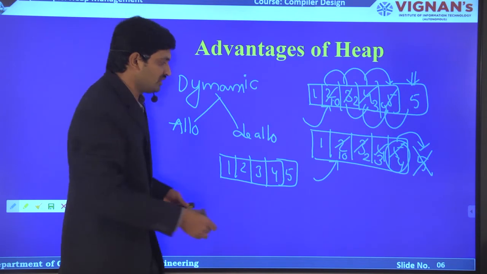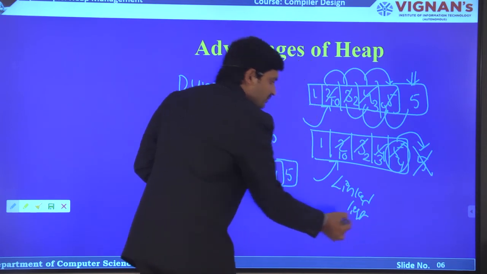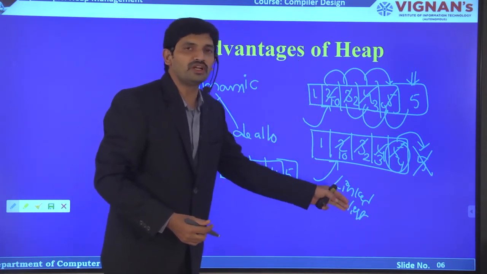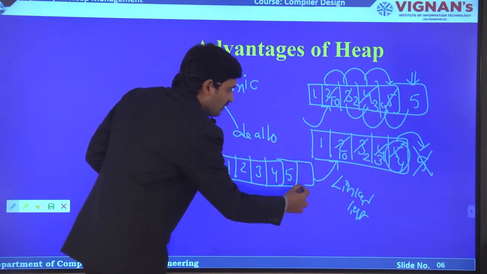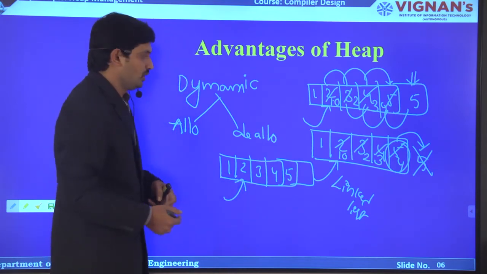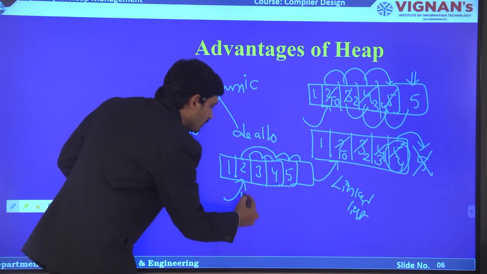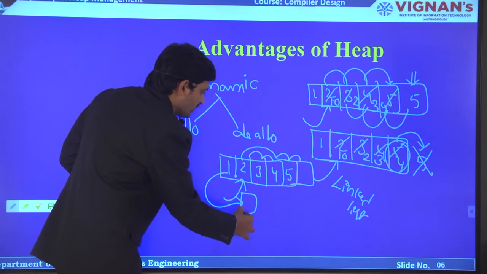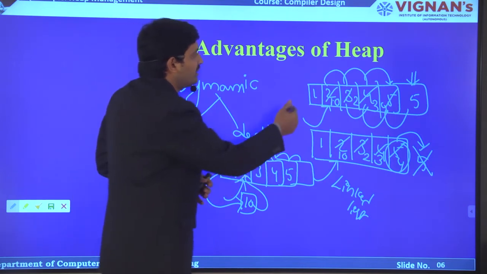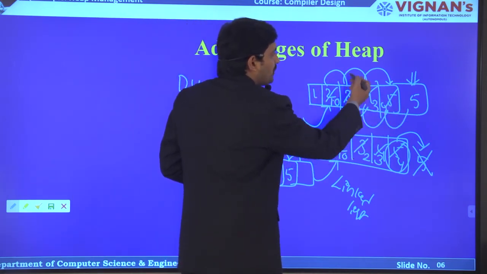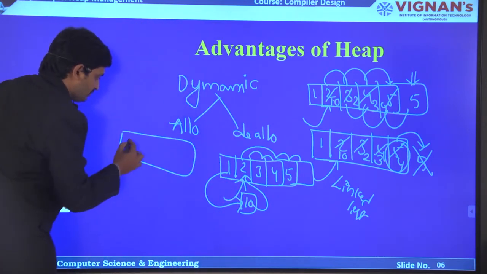We can deal with this heap by using the linked list concept. And there is no need for contiguous memory allocation for this linked list. If I want to insert one more element here, there is no need to move all these elements side by side. Simply you can create one more node and create the link from 1 to 2, and you can insert the data here. So for the insert operation in an array, we have to perform n number of shift operations.